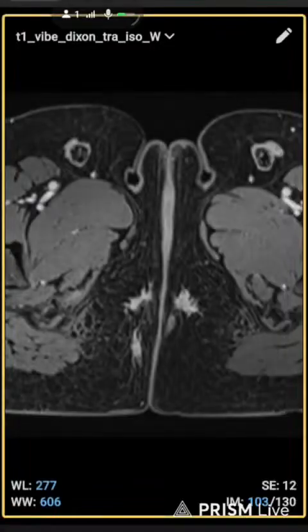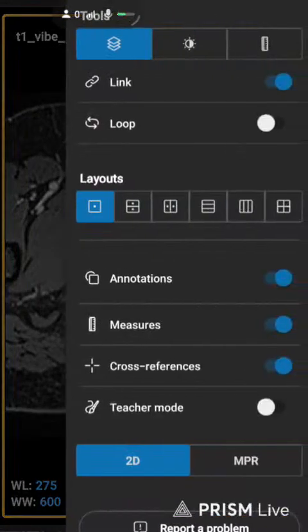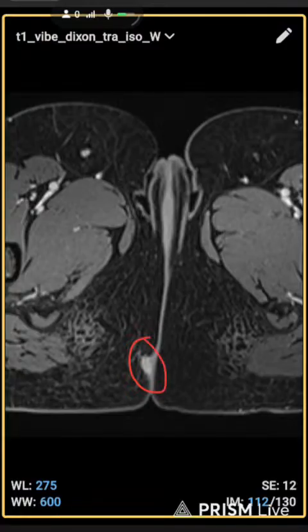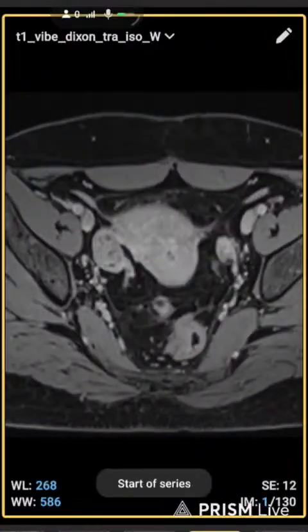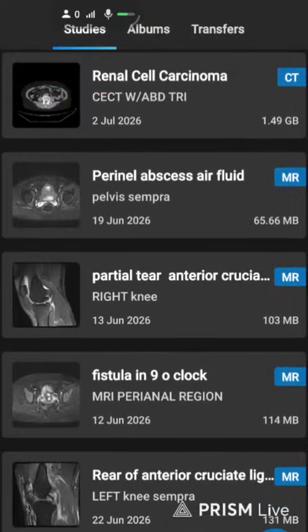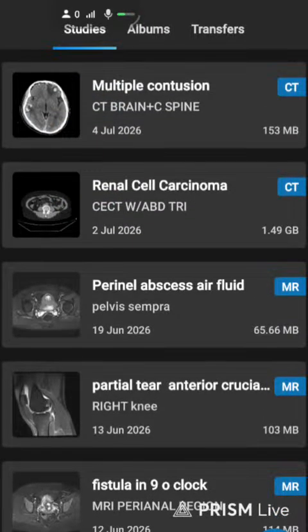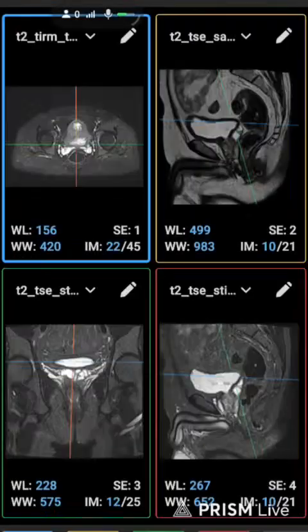It will be showing enhancement just because there was infected fluid. So this is the end of this fistula session,